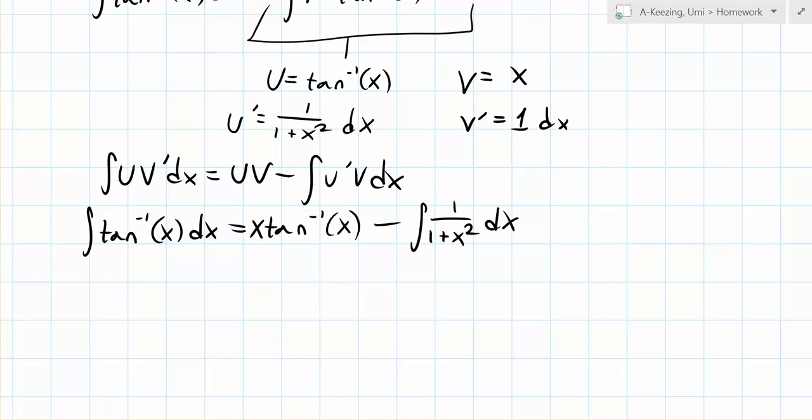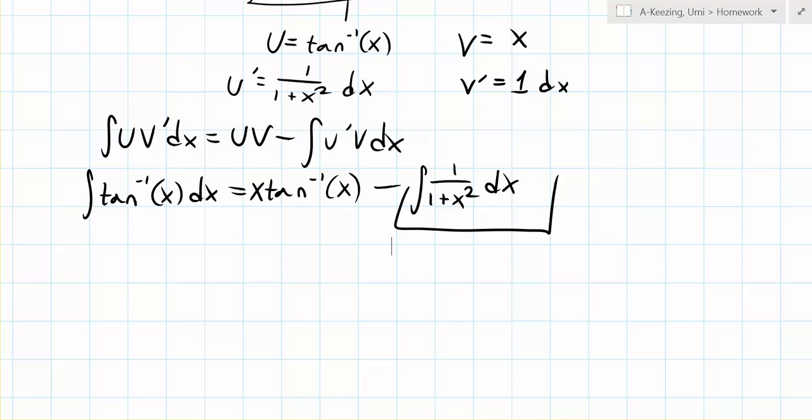Okay, so now we have an equation, and we just have to solve this integral here, because since we're solving an integral, it would be really pointless to have an integral in the solution. The point is to have no integrals. Okay, so let's think about strategies for solving this integral. Well,